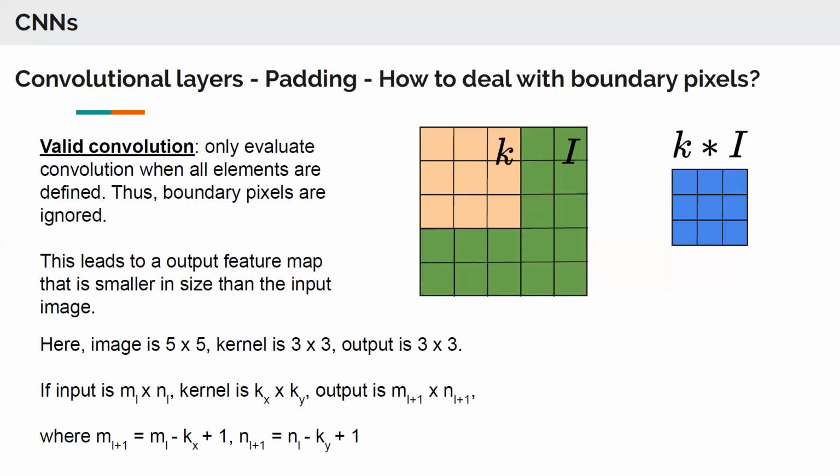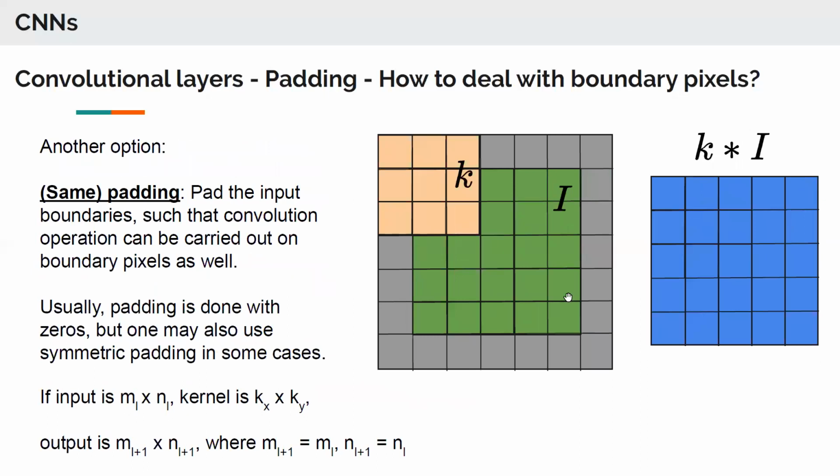So you can see that if you have larger kernels, for example a 5 by 5 kernel, you would not be able to place the kernel even here, because even if it was 5 by 5, you would still have this part going out. So then you would have to go one more inside. So you can see basically the reduction is going to depend on the kernel size.